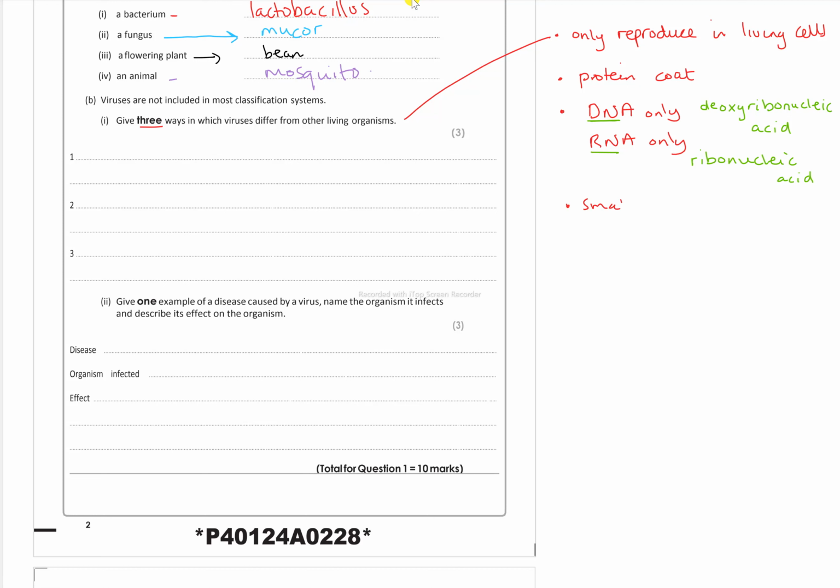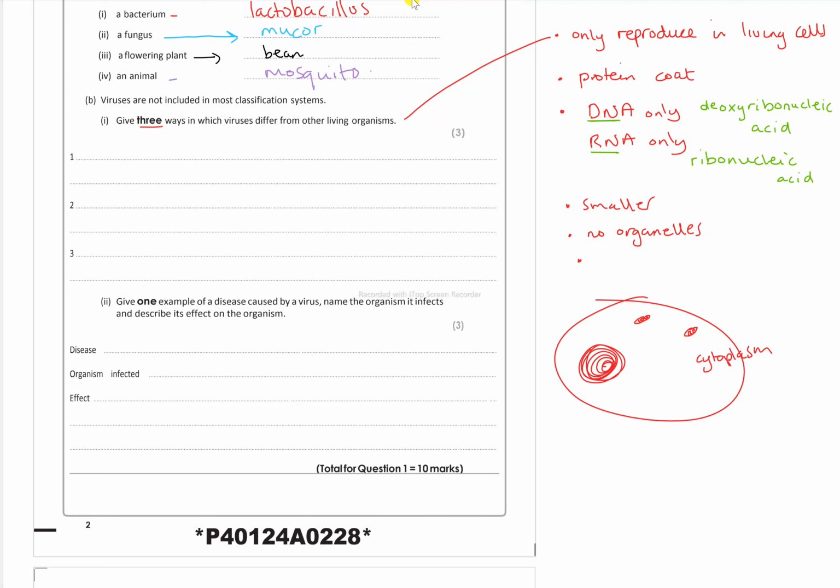Viruses are definitely much smaller. They have no organelles. So for example, that's your cell. Inside you've got mitochondria, which are responsible for releasing energy for the cell. You've got ribosomes, which are responsible for protein synthesis, for making proteins. You've got a nucleus. You've got the liquid part, cytoplasm here. So they don't have any of these.